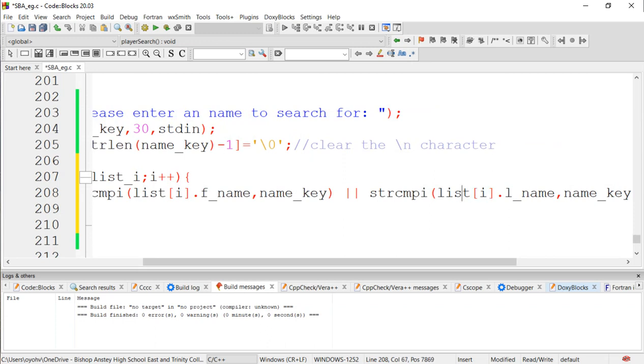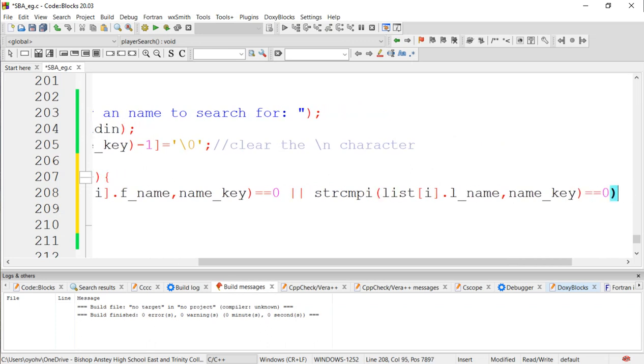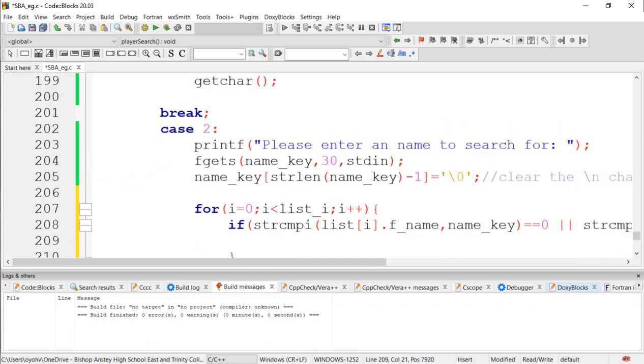If that is equal to 0, or if this is equal to 0, then you want to print out the same information like we had from the last one,